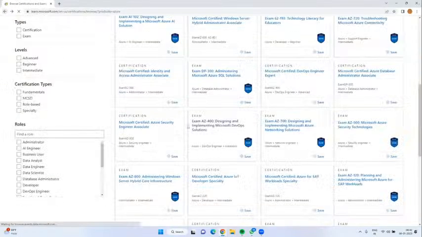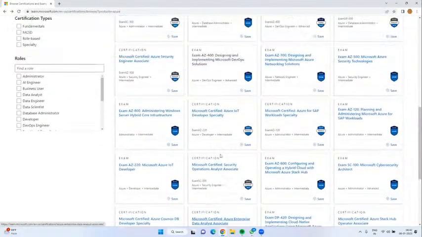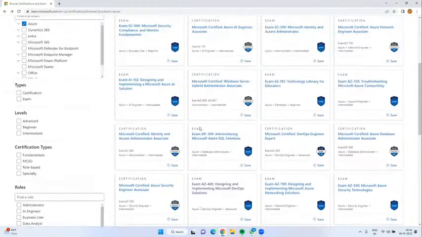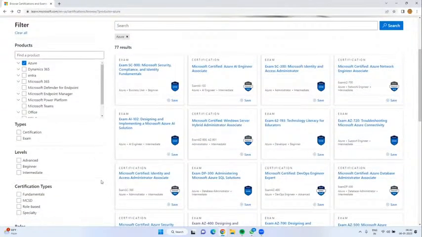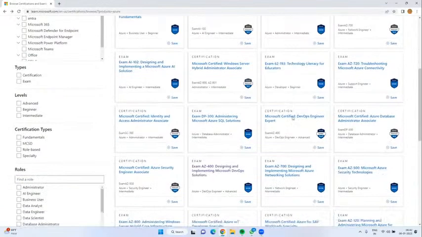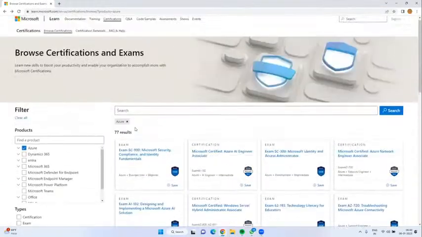So these many papers are there for Azure: artificial intelligence, administrator, developer, architect, data engineer, machine learning, cyber security. All different types of certifications are there. Based on your requirement, you can proceed, learn the technology and get certified. This is the overview of Microsoft Azure certification papers.